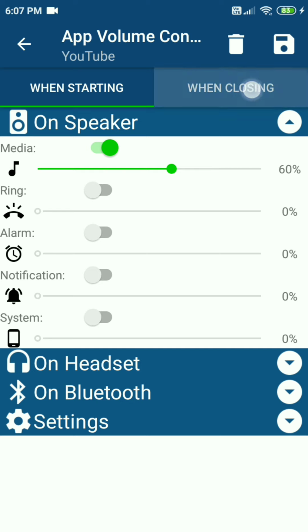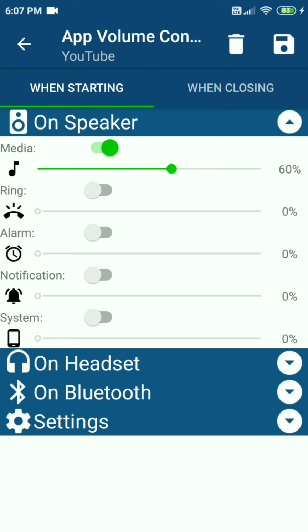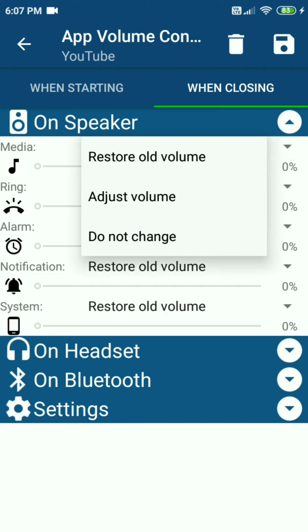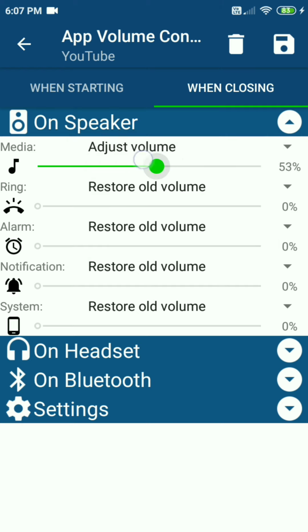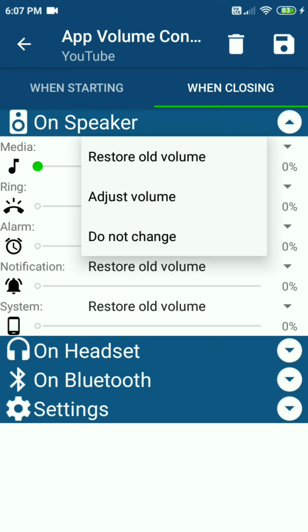And then the other tab is named when closing. That is, when starting YouTube, these are the settings to be adjusted, and when closing YouTube you can adjust these settings. First option is the media: restore old volume, adjust volume, or do not change. With do not change, you would not change the settings you kept for the video. With adjust volume, you can adjust to a particular volume, or the other setting is to restore old volume.